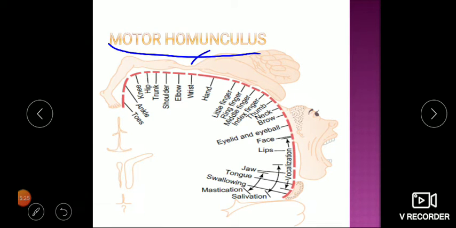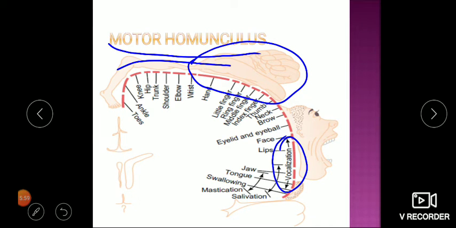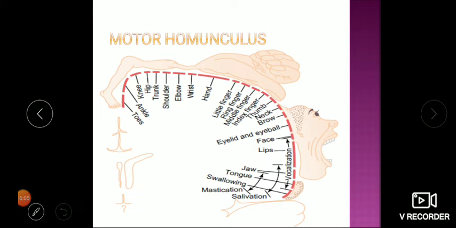You can see this, the biggest area, which is very small in the body. So this much area is given because fingers are having very skilled action, sensation as well as motor activity also. So they are given more representation in the cortex. You can see vocal cord, our voice is our identity. By simply calling on the phone, you recognize, yes, this chap is my close friend. So vocal cord is given more area again. So on the same concept, a part of the body which is having a skilled action is given more area. So that is a disproportionate human representation called the motor homunculus, just like the sensory homunculus.